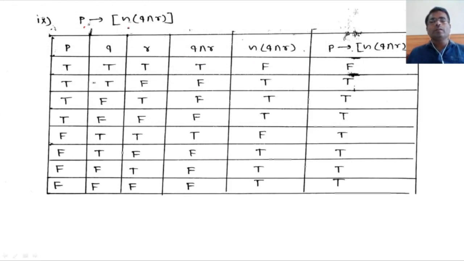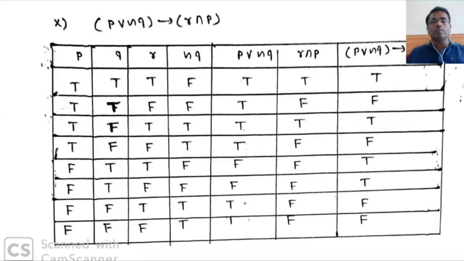Now this table contains 3 values P, Q, R, that's why there is an 8 row combination. Here also we are observing that it is neither a tautology nor a contradiction, therefore it is a contingent statement. Then next is P, negation Q, R, and P. So 3 statement combinations. Again we will observe that this type of values are there. You can check these tables by just pausing the video and you can do it yourself also. So this was your first question.